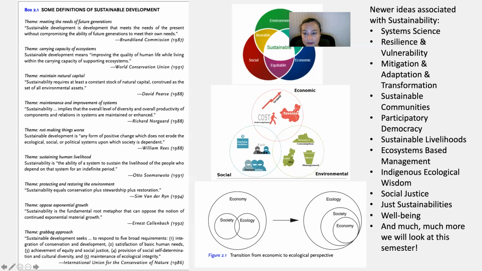You know, this one is used heavily in sustainability science these days, but these are concepts that are used in psychology, for example. Concepts of mitigation, adaptation, and transformation, which come from urban planning and city planning, sustainable communities, participatory democracy, sustainable livelihoods. These are all ideas that bring in the social sciences as an important aspect of sustainability, and